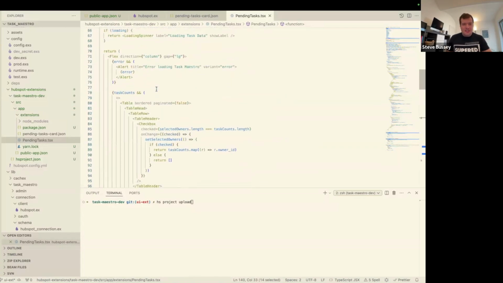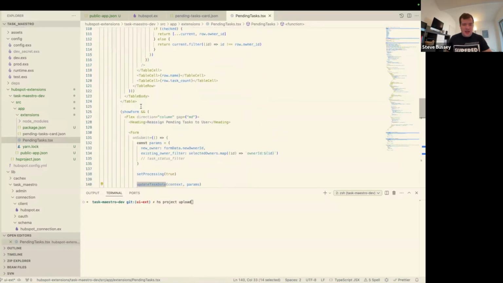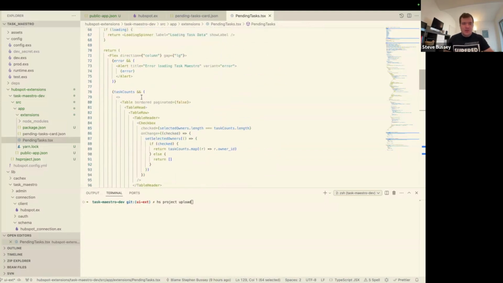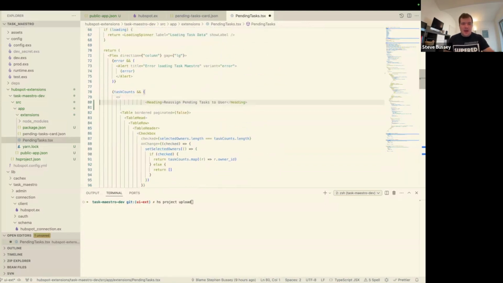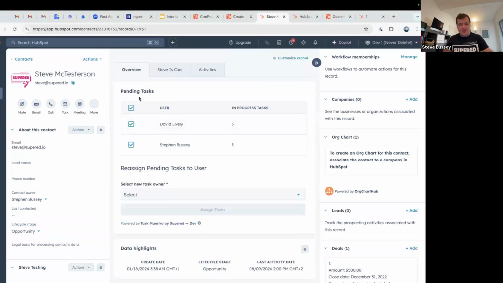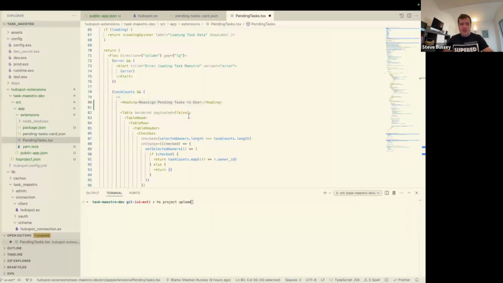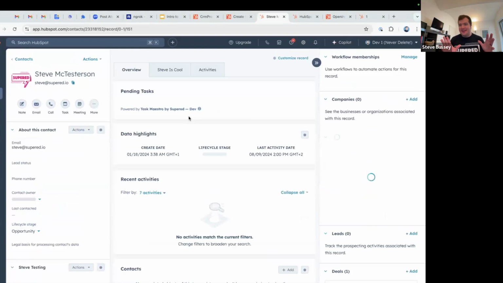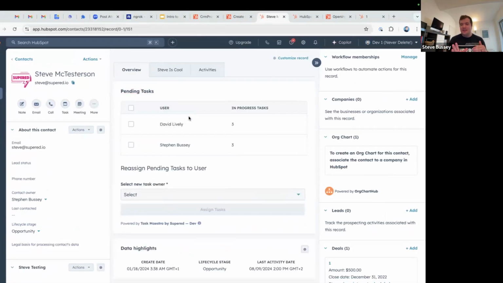Now, one thing I'll do just as an example here is let's go ahead and add a heading to this and actually make some small change. So I'm going to go ahead and use a component called the heading component. And I'll just say, I probably wouldn't use this in the real world because there's a pending task, but I'll say in progress task counts. So I've just saved this code and I go and reload and nothing happens. It's not going to be any different because I just edited some code, but I haven't actually given the code